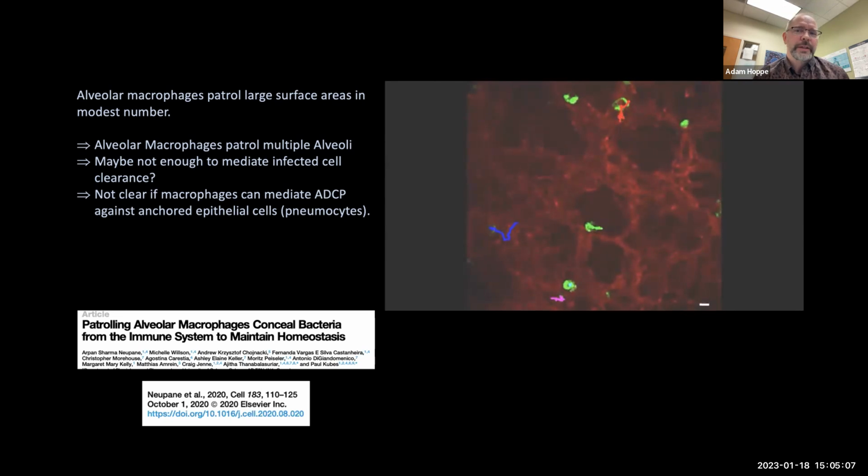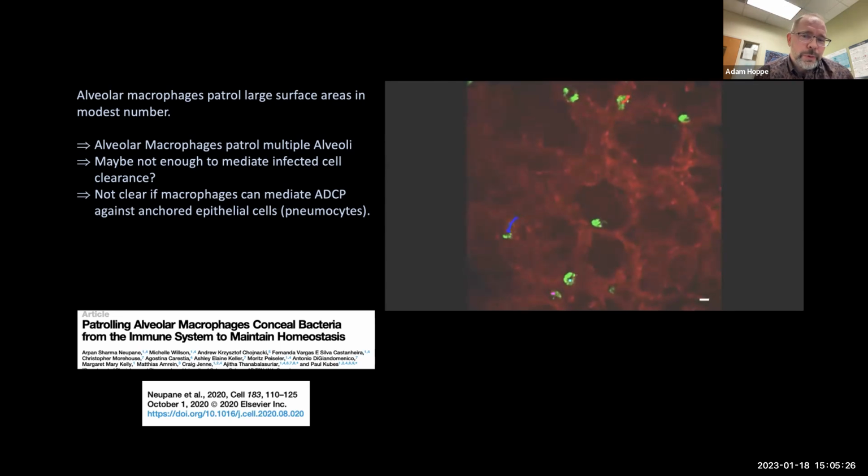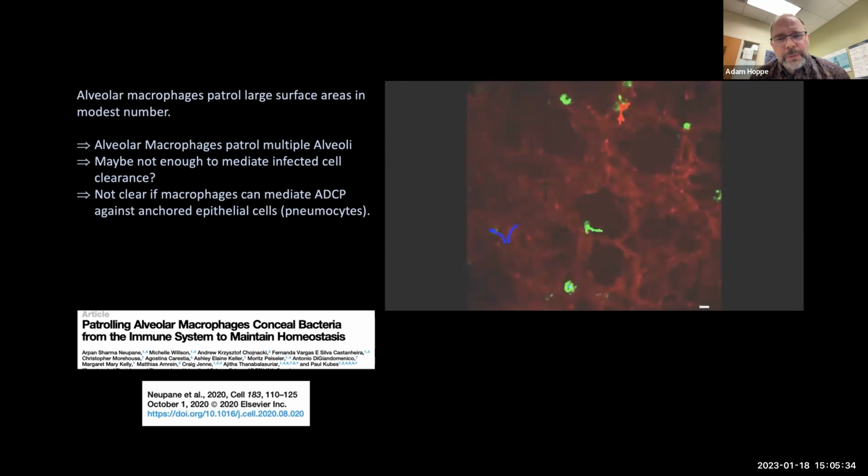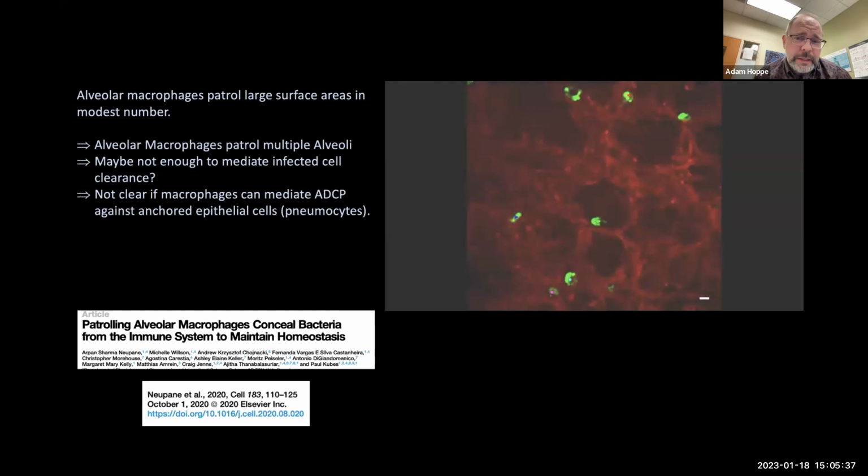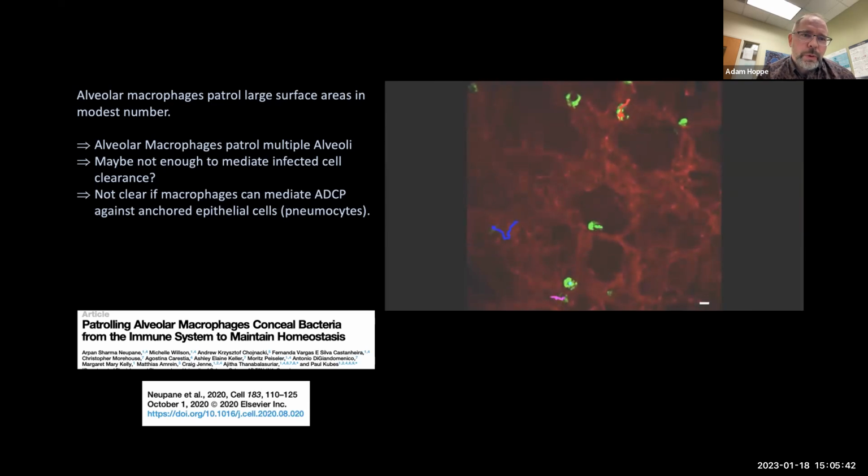Now, there's also additional interstitial lung macrophages and neutrophils that are migrating through this space. But in terms of the cells that are going to interact with those type 2 pneumocytes that become infected during COVID, the patrolling of the alveolus is actually fewer than, you've got less than one cell per alveolus, right? So these macrophages have to migrate around. So I think one of the questions that this raises is, perhaps there aren't enough macrophages to be able to deal with viral clearance or clearance of infected cells, even in the presence of IgG.